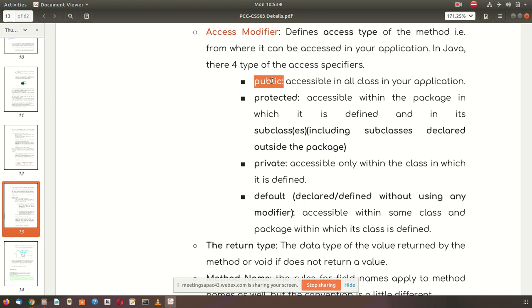When you are writing your program in Java, you have seen that most of the time there is a dot, meaning like a full stop. That is how a public value is accessed.